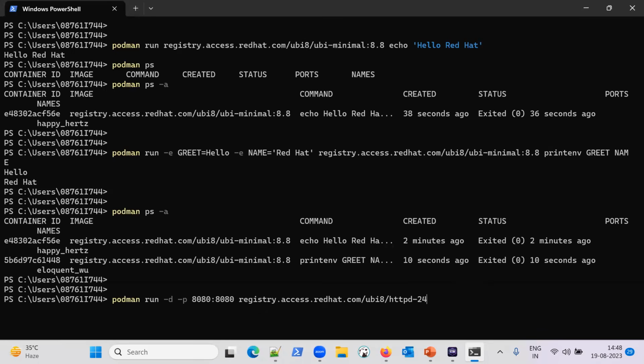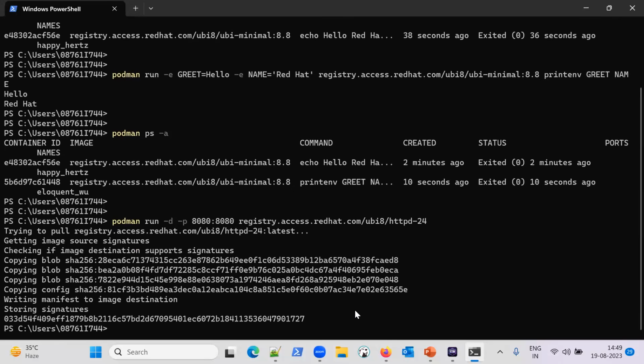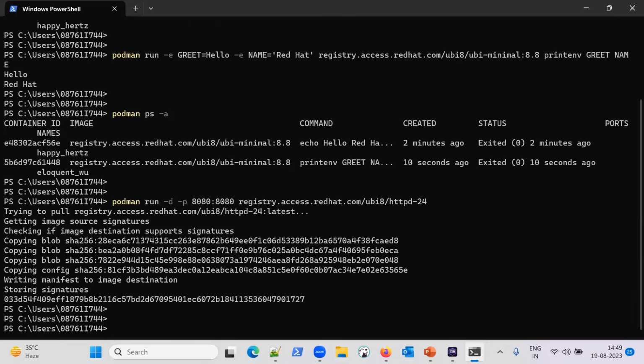So let's first execute this command. First it is trying to get the image from the registry. Let's wait a moment until it connects to the registry and gets the image. Okay, it has gotten the image from the repository, and now the container is also being run. So let me see it step by step. Let me first clear it,